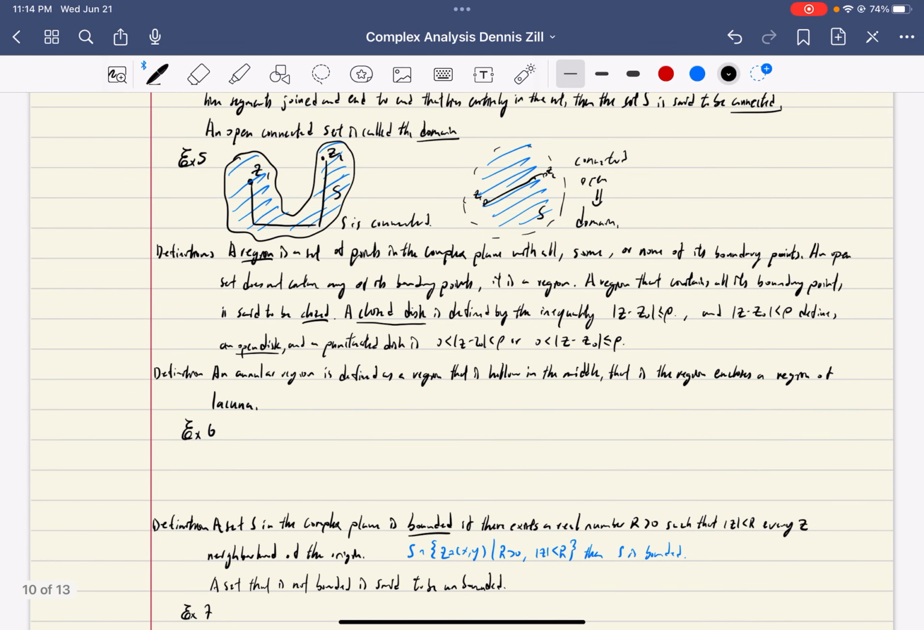A region is a set of points in the complex plane with all, some, or none of its boundary points. An open set does not contain any of its boundary points. It is a region. Now, a region that contains all its boundary points is said to be closed. A closed disk is defined by the inequality |z - z0| ≤ ρ, and |z - z0| < ρ defines an open disk, and a punctured